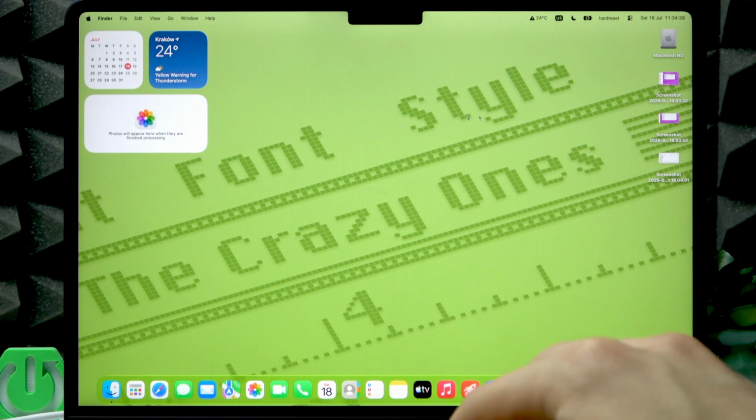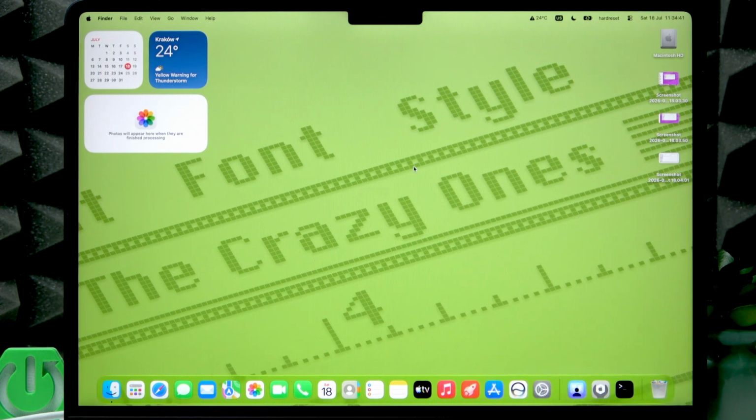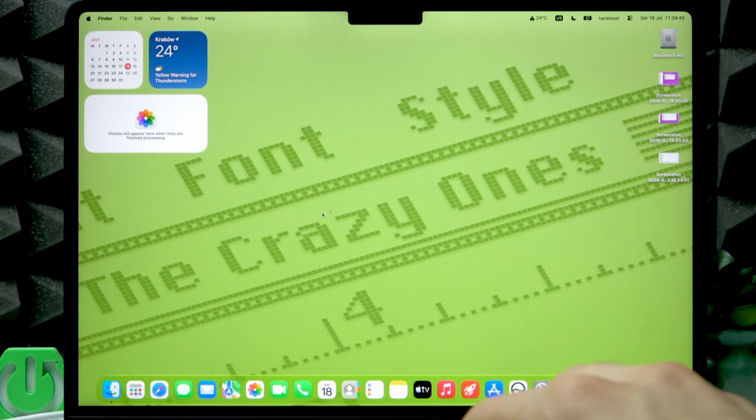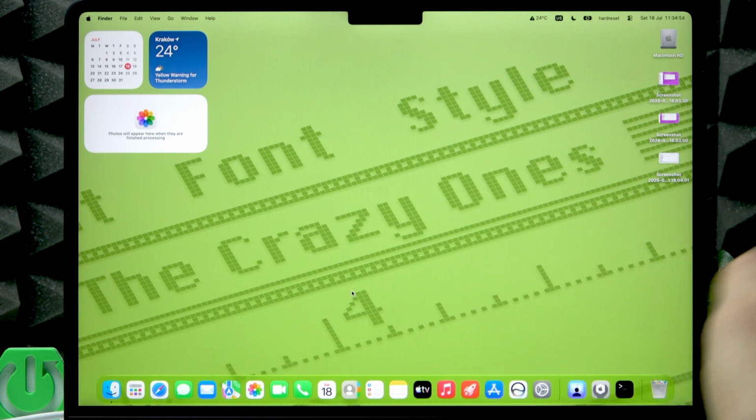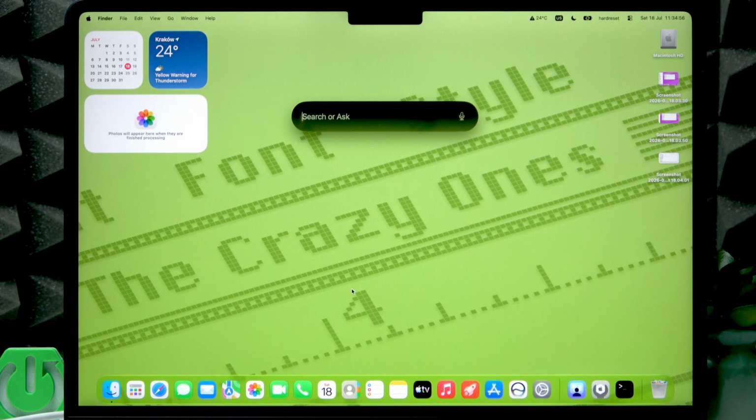Now once it's enabled, you also have to make sure that the Siri language matches your system one, which in most cases will be true, but sometimes you have to check it twice. And now to use all of these features, we have to simply use Command Spacebar to open